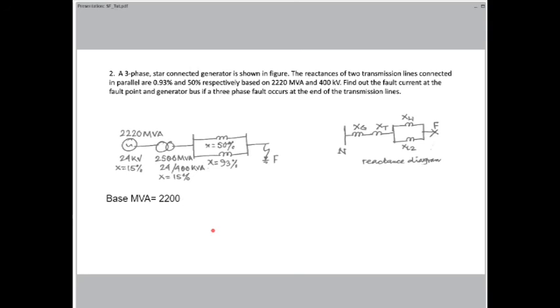Let's say we choose it for the generator. We have to do the calculation for the generator. We have to do the calculation for the transformer and the line reactance. So this MVA is chosen as 2220. So the generator reactance, the first one in the diagram, is the generator. Reactance